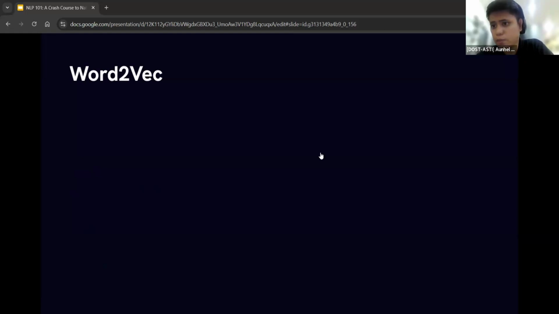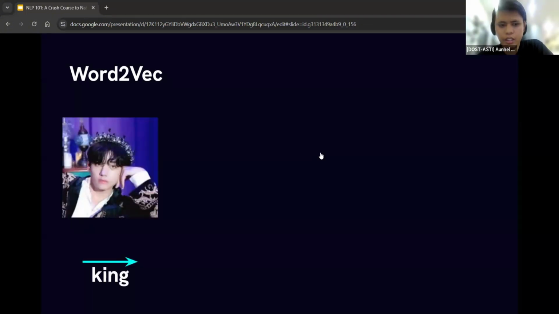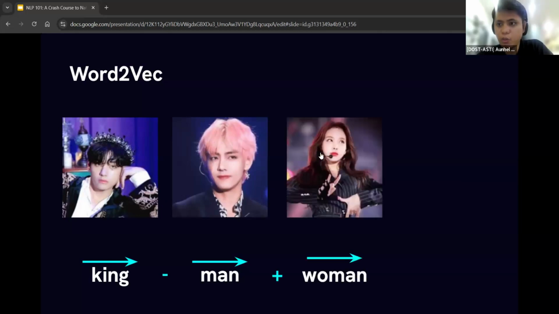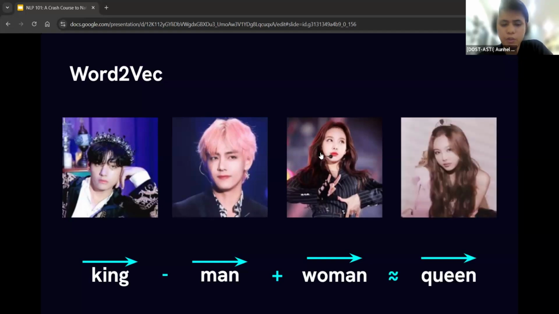And the best part of this is, since it's a vector representation, you can also do operations on the vectors of the word. Let's say we have a vector representation for a king, and then we subtract the values for the vector representation of a man, and then we add the vector representation for a woman. So king minus man plus woman would most probably